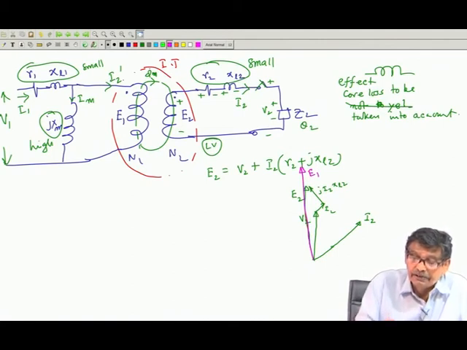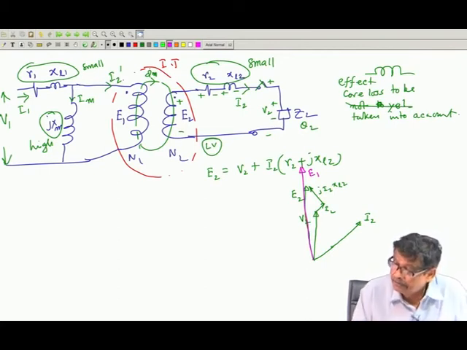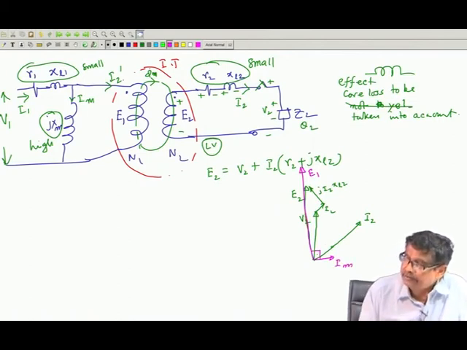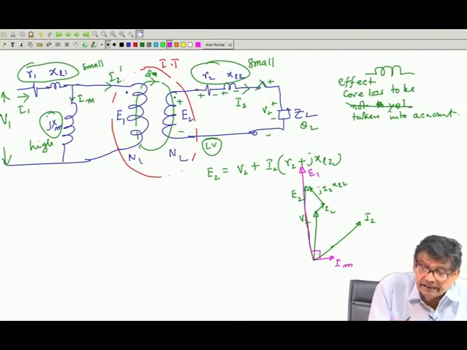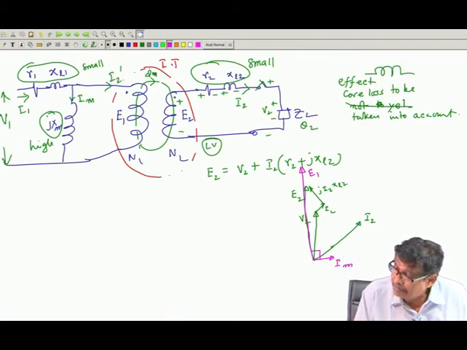Once I get E1, I will say, oh, my magnetizing current is this voltage by this jXm. So, I will draw a magnetizing current, which is 90 degrees lagging E1. And if this is Im, your I1 will be Im plus I2 dashed. So, add this Im,